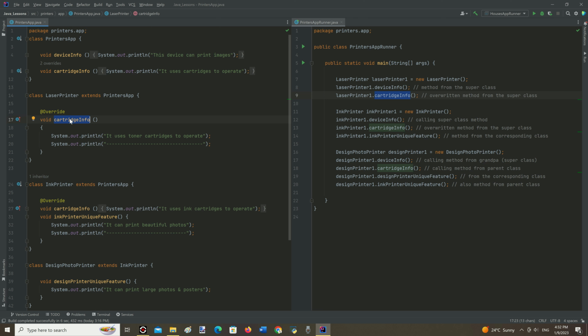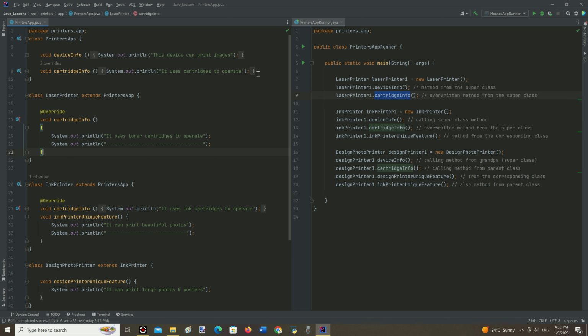Overwriting means not only inheritance, but in the method that is inherited, the method body is changed. So, the change in the method body that is inherited from the parent or superclass is known in Java as method overwriting. We can see it right here in the method named cartridge_info.